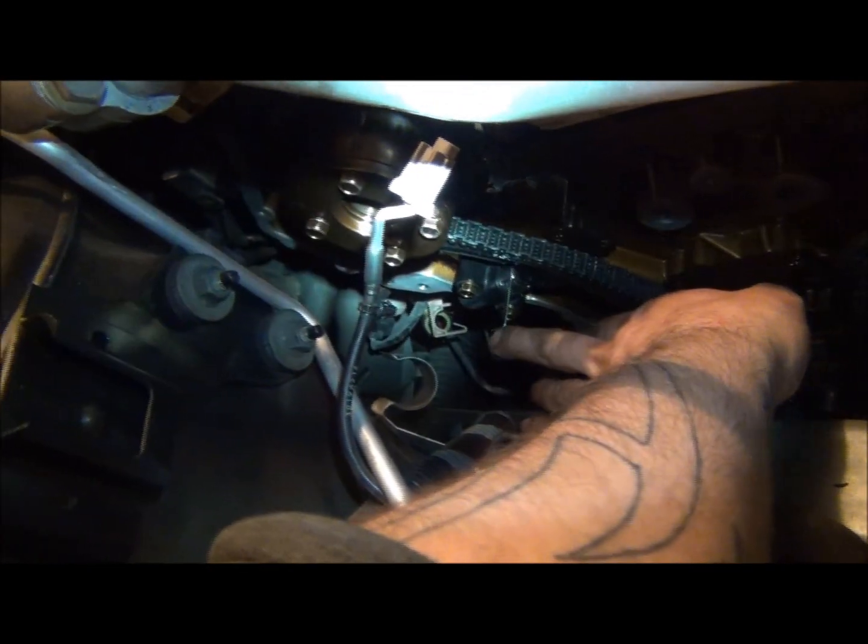Let me see if I can get you all the way in here. You just saw it pop out. So anyway, it's all tight. I'm going to go back and check my marks. Make sure my timing marks are good. And then now that I've got my timing